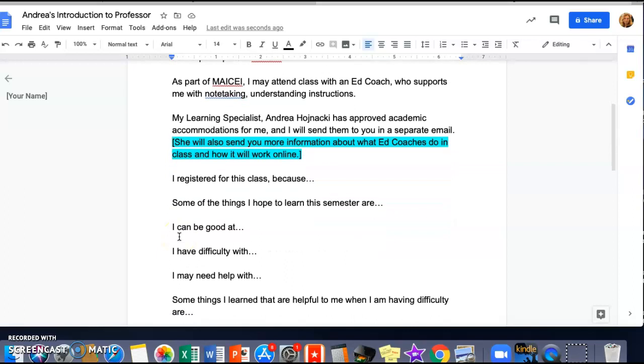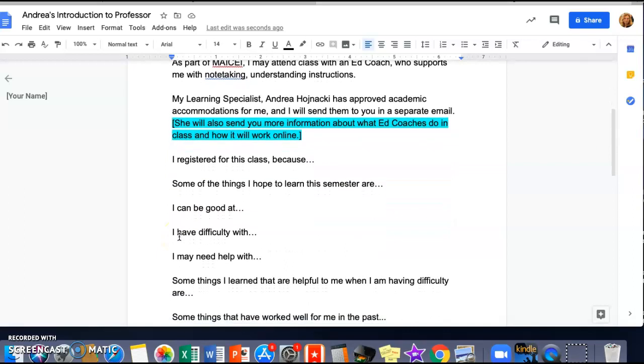I'm going to skip some parts so we can get to the point of all of this, which is, okay, I registered for this class because that might not be important or interesting to you, but it is going to be very interesting to the professor. And let's be honest, you're trying to kick off a relationship with your professor. And if you're saying that you chose this class, you wanted this class, not that it was required,